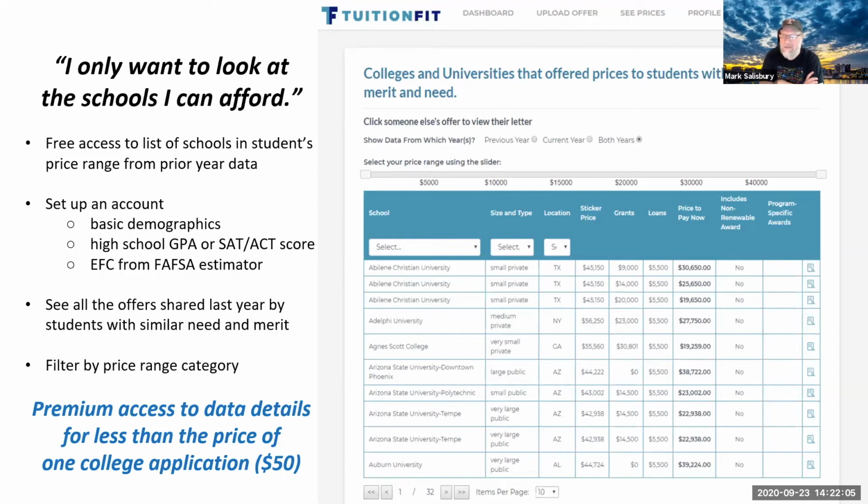It might be, because Auburn might have a specific program that you really want to go into that has to do with studying some particular science that Arizona State doesn't have. Okay, but now you can quantify that conversation. And that's why this is so valuable for families. And we've seen this over and over in the last year, that it really allows mom and dad and student to have a conversation about cost and value that doesn't pit them against each other, actually puts them on the same side of the conversation. So that's what TuitionFit can do for a family.